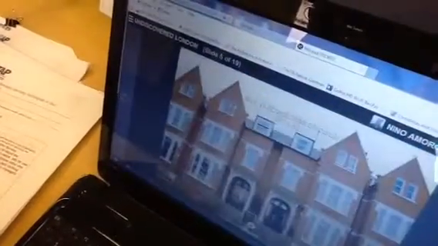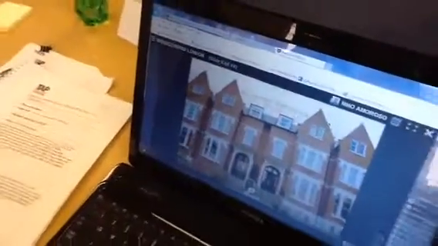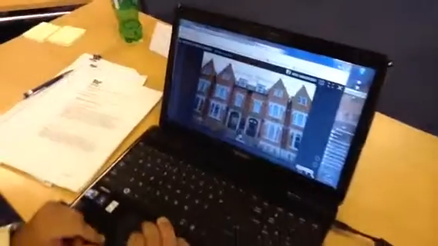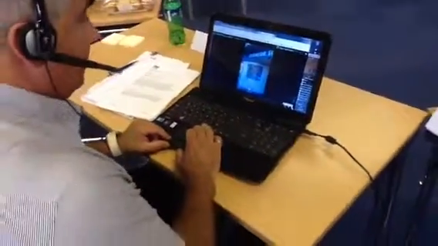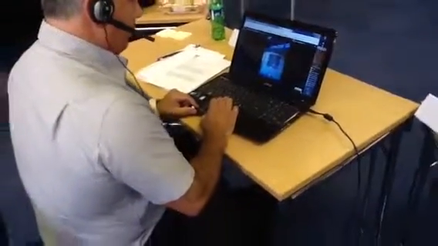And clicking on to the next slide, Sir Alfred Hitchcock, born in Leytonstone, has a hotel named after him, as well as a studio. And this gallery